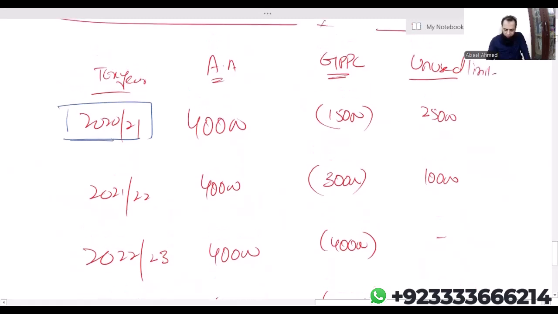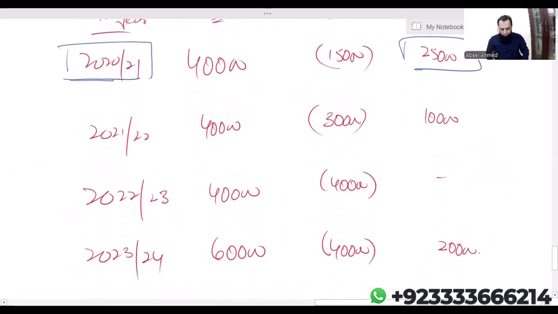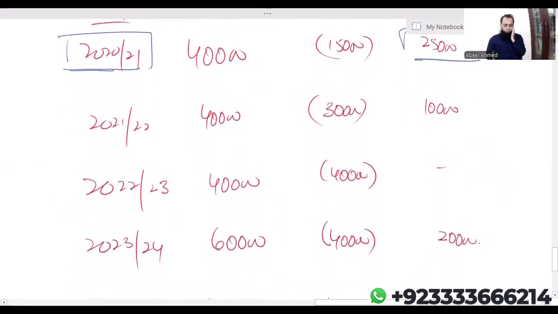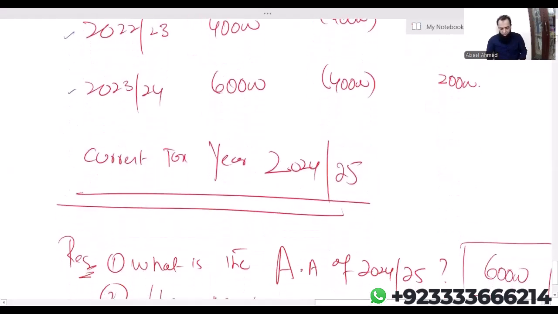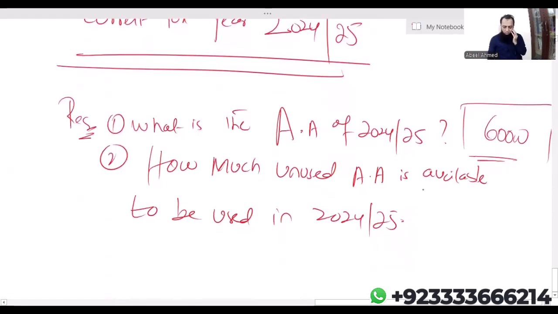2020-21 unused is 25. Now this unused can be carried forward. How many tax years? 3. 3 means 1, 2, and 3. But the examiner is not asking for the tax year 23-24. The examiner is asking how much unused annual allowance is available for the tax year